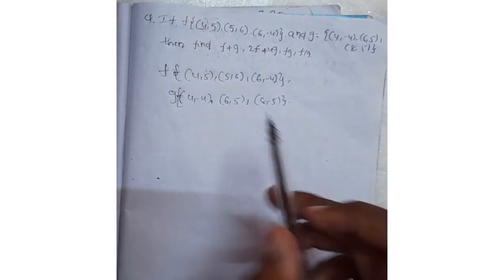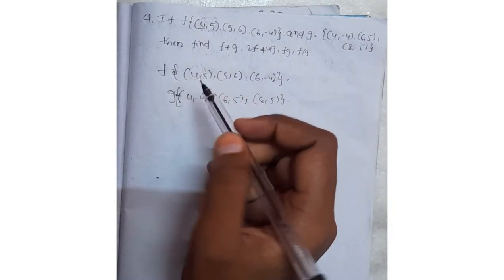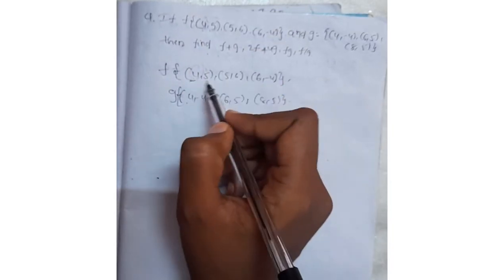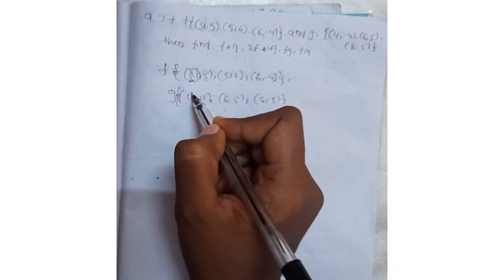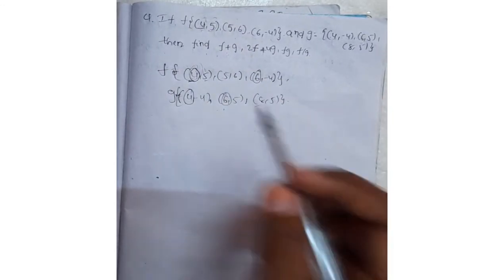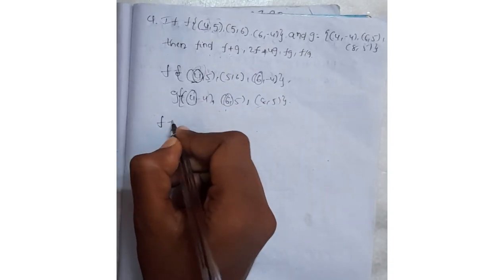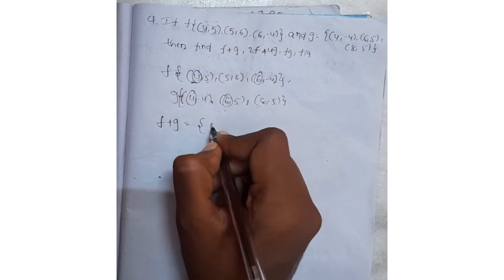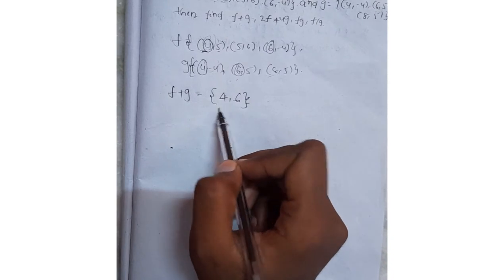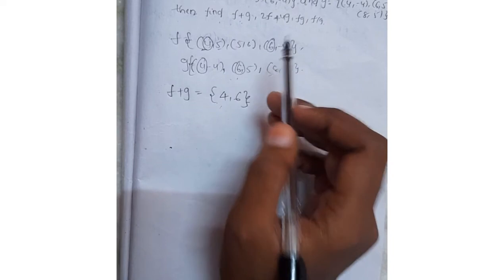So remember one thing, when you are doing any operation between any two functions, you have to see the common domain. So here the common domain is nothing but the x values. Here the common domain is 4, 4. Here 5, no, it's not similar. 8, it's not similar. 6 and 6. So now only between these terms operations can be done. So the common domain of f plus g is 4, 6. And the domain will always remain the same. Only this summation should be done at the range.